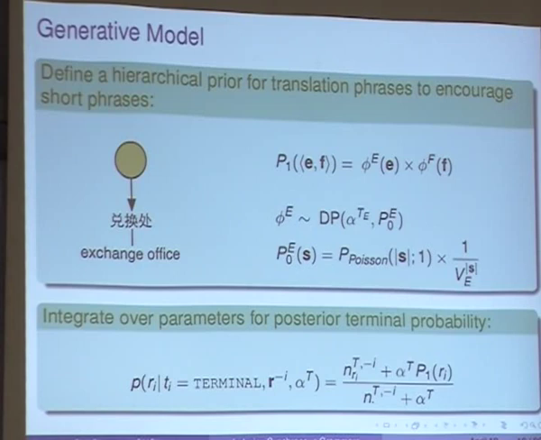And why this is useful is because it gives us something that's very much like backoff in a language model. If you think of a trigram language model, you back off from trigrams to bigrams when you haven't seen the trigram often enough. We want something very similar in phrasal translation models because phrases are going to be very sparse. So we want some sort of way of smoothing them, sharing probability between phrases which look similar. And we do that